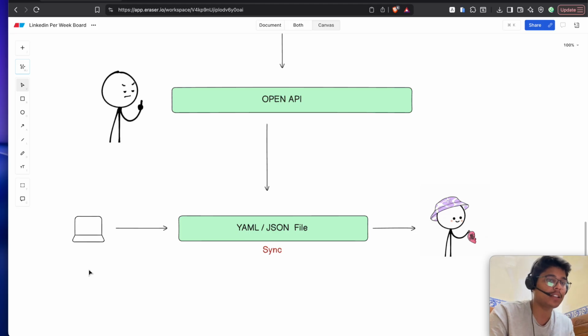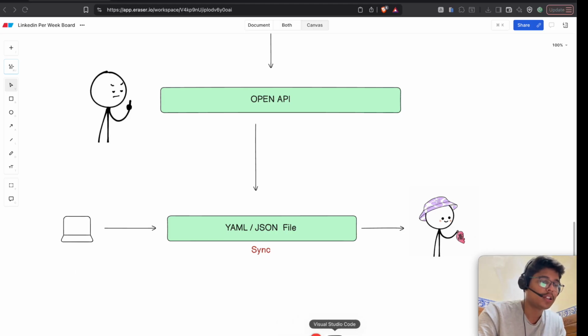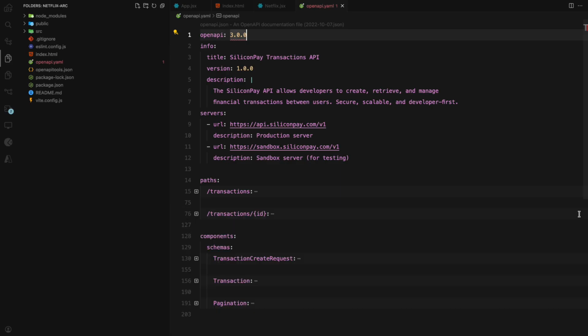It's a file that you create and do your OpenAPI configuration in your normal VS Code. I will show you. This is an OpenAPI file. This OpenAPI version was launched, I think, in 2017, maybe. And there is some info about the API, like the title, version and description. And these are servers. This is the URL of the servers. Basically, you can write a description such as production servers, sandbox servers.